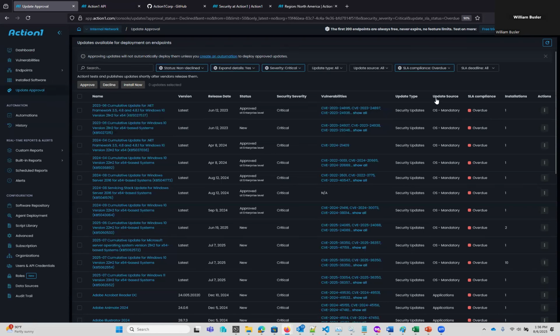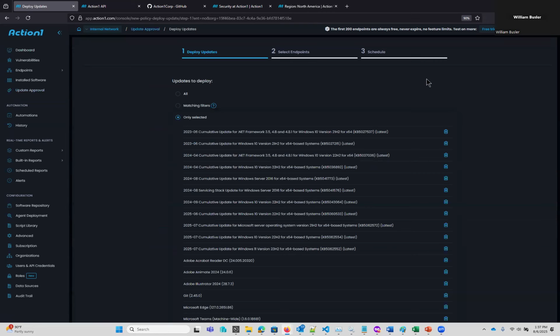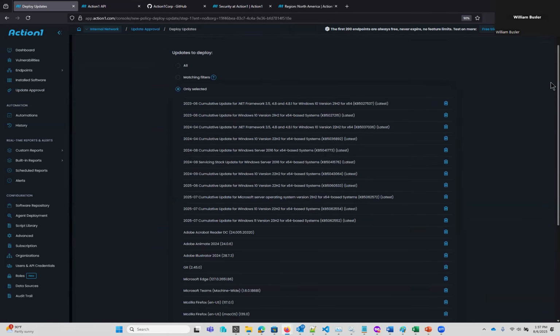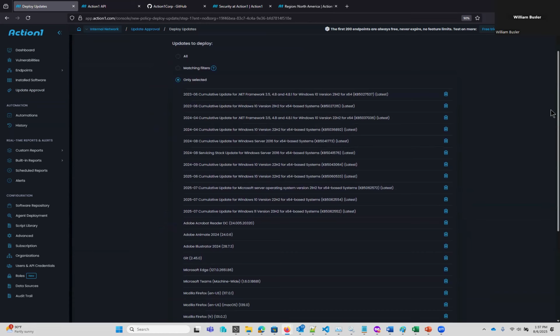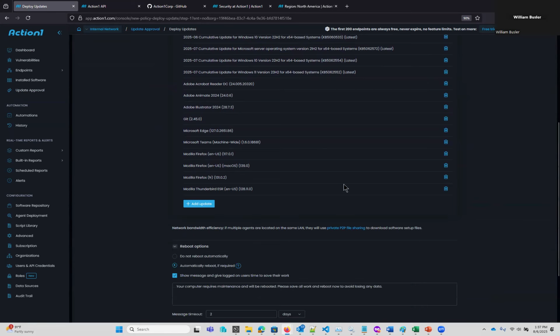that I need to get applied. How do I get patching applied in Action1? Very simply, we just grab those patches that are outstanding, click on Install Now, and walk through a couple of pages of setup to get everything scheduled and ready to run. So from here, I can see I've got a number of patches that need to be applied. I can see I've got a number of Windows updates as well as third-party application updates